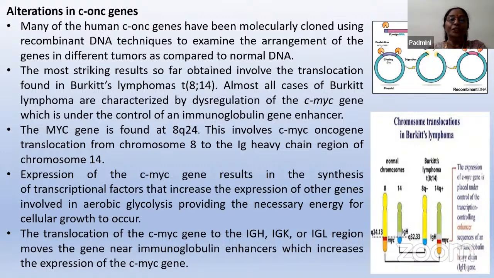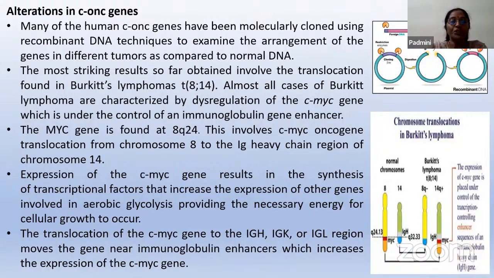Alterations in the c-oncogene genes. How are these alterations occurring in the c-oncogene? What is a c-oncogene? It's a cellular oncogene, which is also called a proto-oncogene. Proto-oncogenes are present in normal cells. How can a proto-oncogene become an oncogene? We'll talk about one example in humans. We talked about the ALV virus and MC29 in the chicken. Now we are going to talk about what changes the cellular proto-oncogene to an oncogene